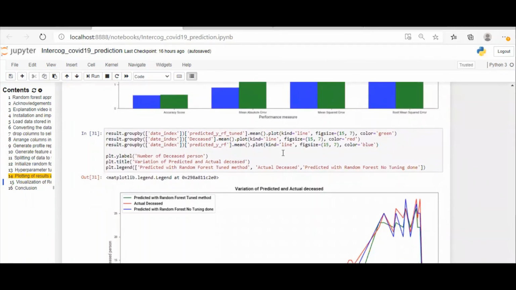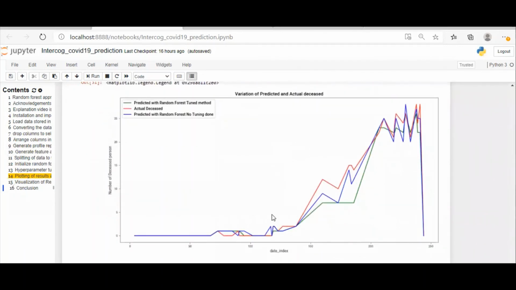And the last plot gives a line plot about how the methods are behaving. So the green color legend is for predicted with tuned random forest, and the red one is the actual number of deceased persons, and blue color is without tuning.